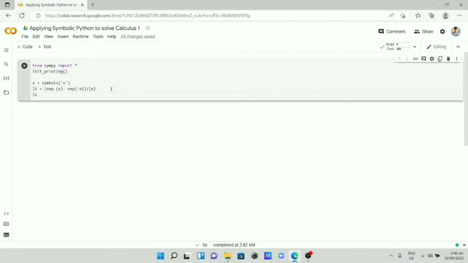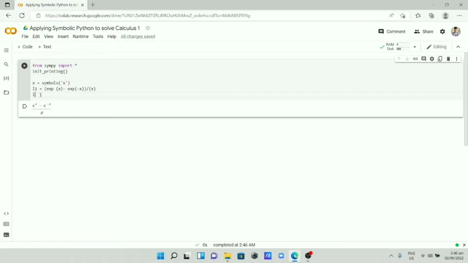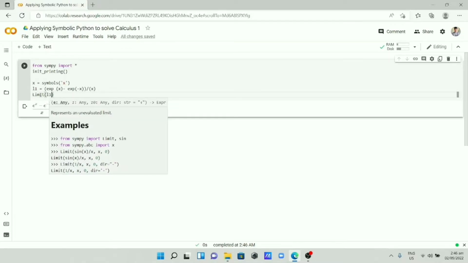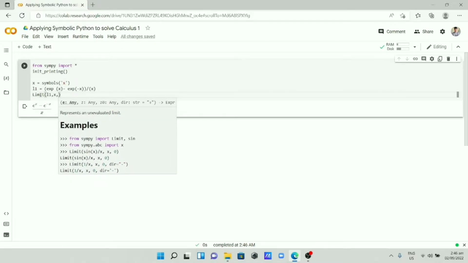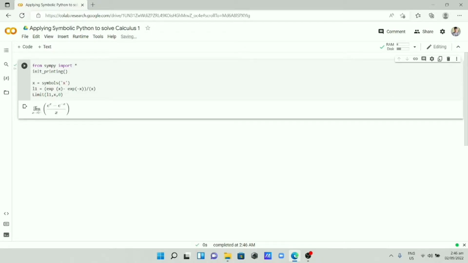To display the function, we are going to put L1. And to display the limit, we are going to put the uppercase Limit of L1 as x approaches 0. And there we go. We have the problem: limit of exponential x minus the exponential of negative x over x